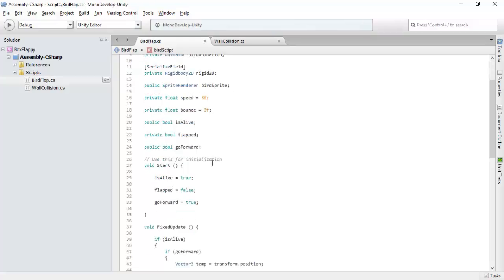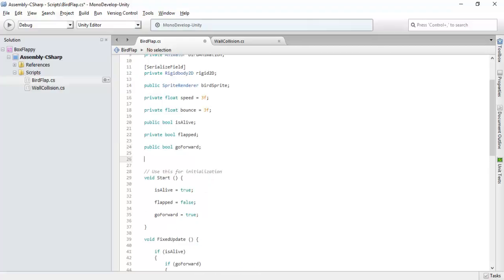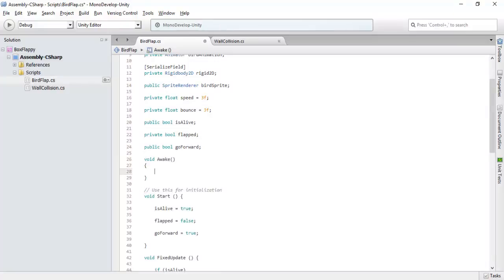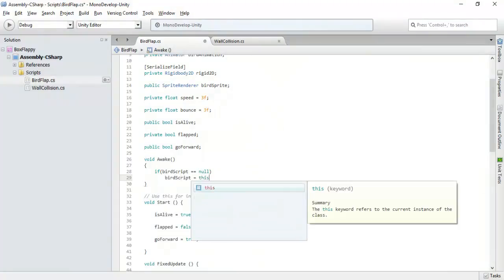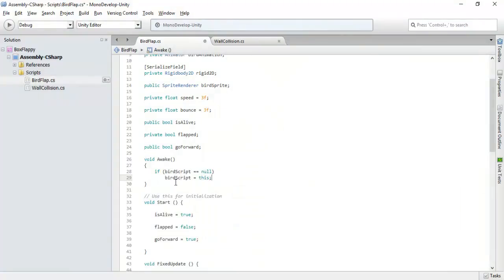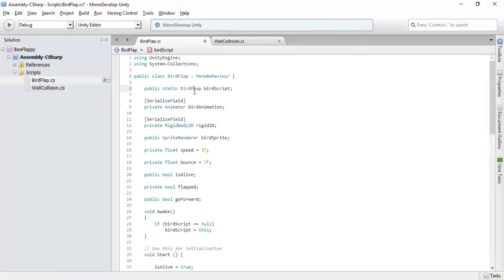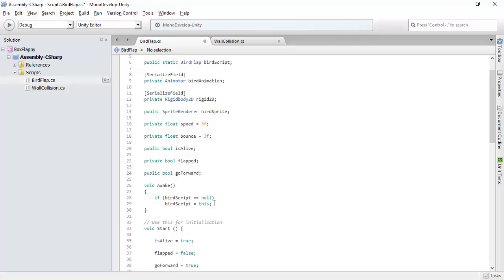And we will always initialize this variable in the awake function. If bird script is equal to null, then bird script is equal to this. So bird script is a bird flap type variable, and it will be initialized with this instance in the awake